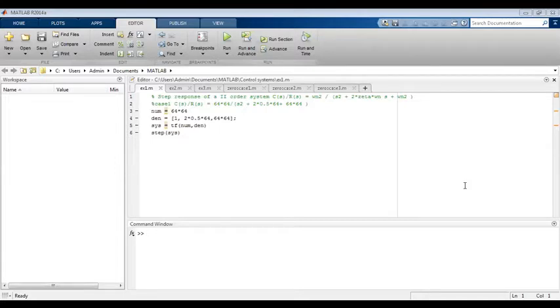If you write the transfer function of the typical second order system, that is the RLC series circuit, you get the ratio of the Laplace transform of the output to the Laplace transform of the input, that is C(s) by R(s) equal to omega n square. Here it is written omega n 2, but you have to understand it is omega n square. Go through the lab manual also. It is omega n square in the numerator divided by s square plus 2 zeta omega n s plus omega n square. Clear? So this is the transfer function.